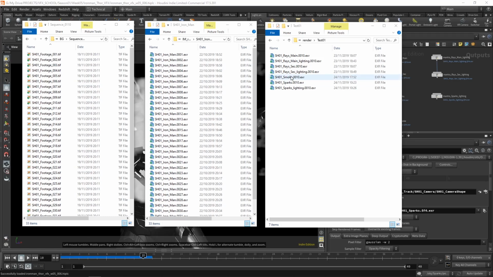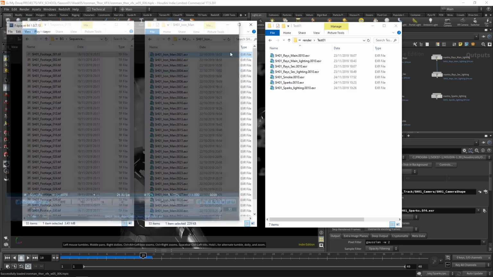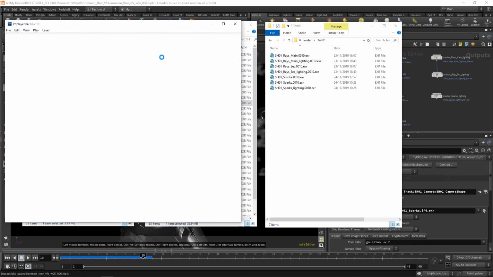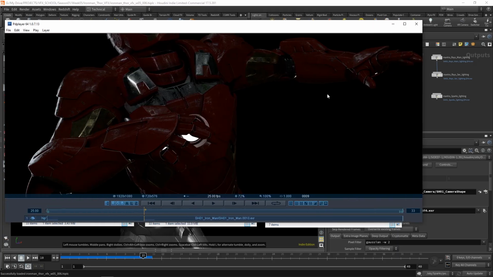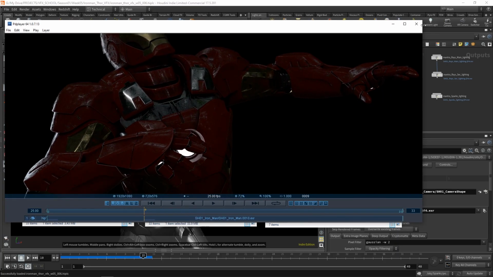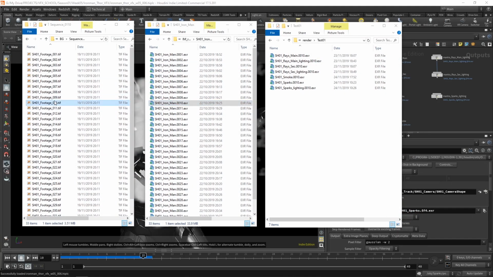We finally have all the ingredients we need to start working on COPs. You're also going to be provided with the background sequence and the Iron Man sequence. Okay, this is going to be the Iron Man sequence. Let me go to frame 10, which is the one we'll be working on. So this is going to be the Iron Man render that we're going to be using. And we're also going to use frame 10 from